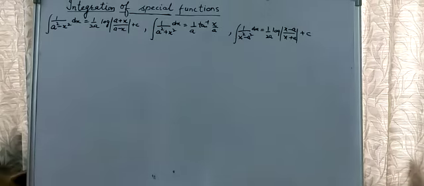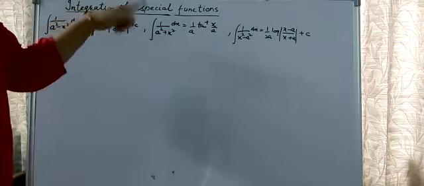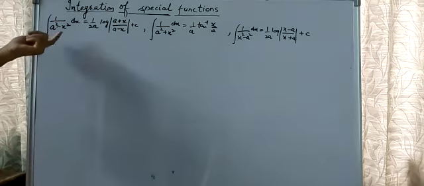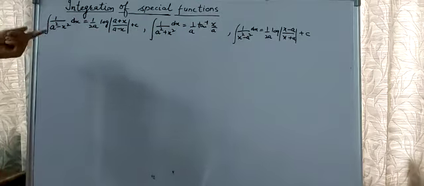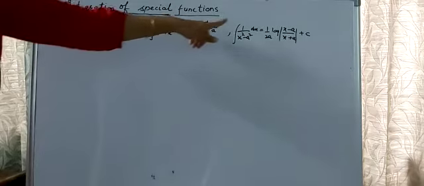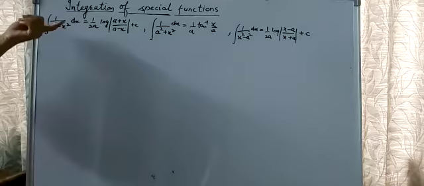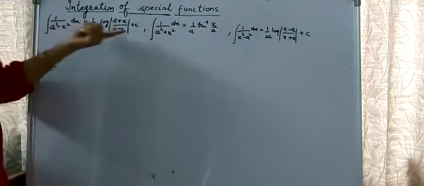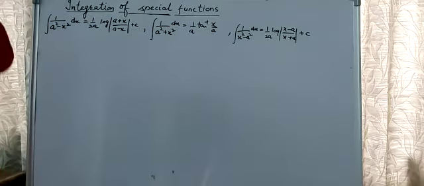Welcome to maths class. Today I am going to discuss integration of some special functions. In integration we have these three types of functions: 1 upon a square minus x square, 1 upon a square plus x square, 1 upon x square minus a square. First we derive the formulas for these special functions and then we use these formulas to solve different